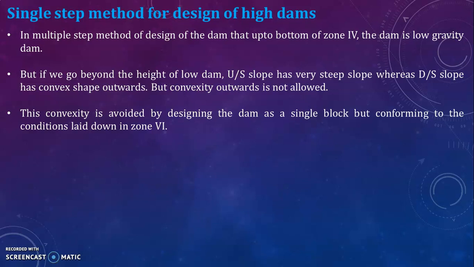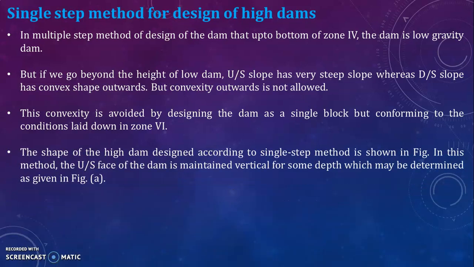This convexity is avoided by designing the dam as a single block but conforming to the conditions laid down in zone 6. The shape of the high dam designed according to single step method is shown in figure. In this method, the upstream face of the dam is maintained vertical for some depth which may be determined as